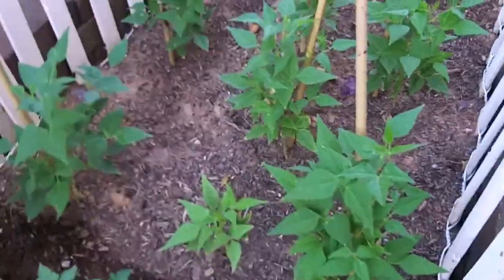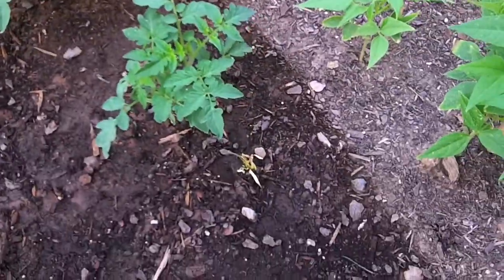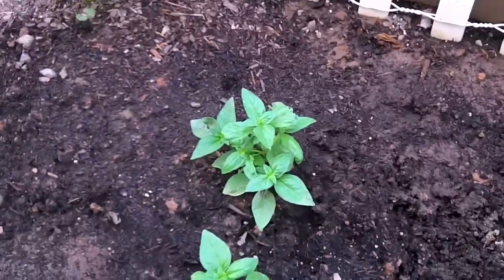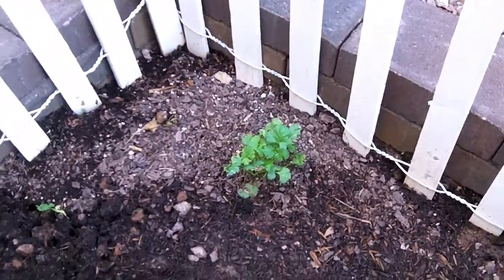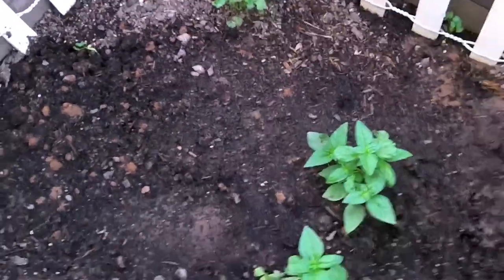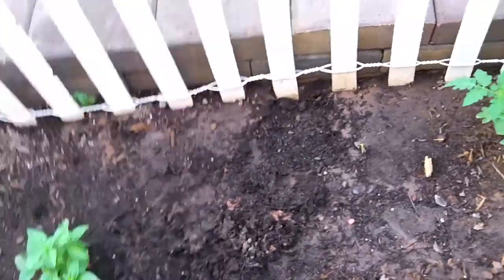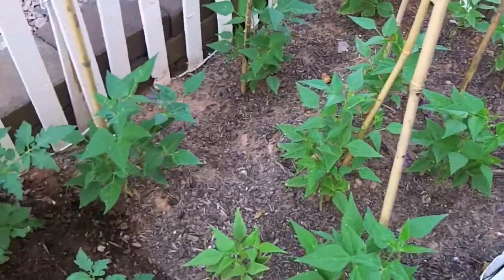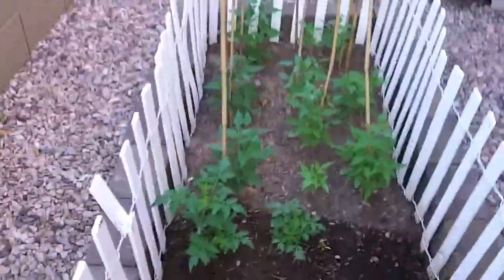They're extremely healthy. Over here I've got some tomatoes, and you can see a little garlic shoot coming up there. Some basil. This stuff is pretty common. You can see some disarray there. My dog got in here and kind of tore things up. Luckily he didn't get into my stuff. At any rate,